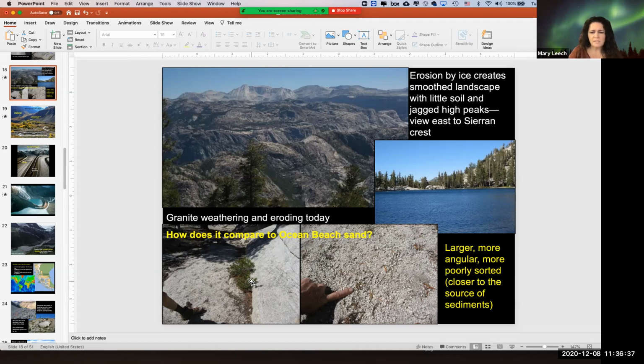The granite itself starts to break down. It has been weathered a lot, and so it can erode. Like I told you, the feldspars start to break down. The micas in particular, the muscovite and biotite, turn to clay. And so you get this sandy material that is just weathered granite. If you were to pick up some of that sand, you would see it looks very much like what the sand on Ocean Beach looks like today. Some of the same minerals.